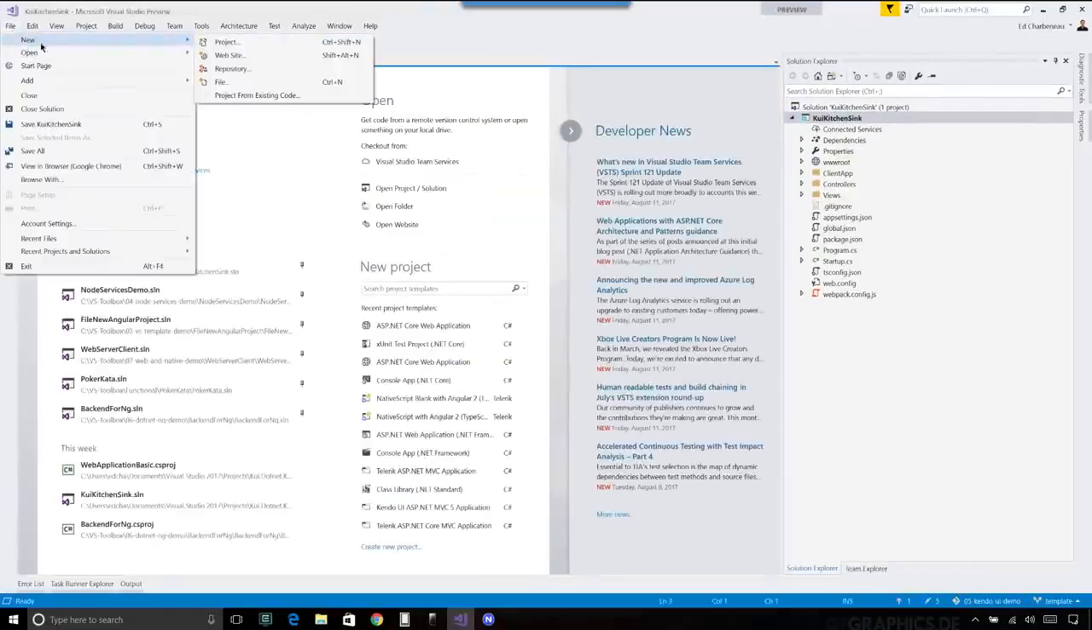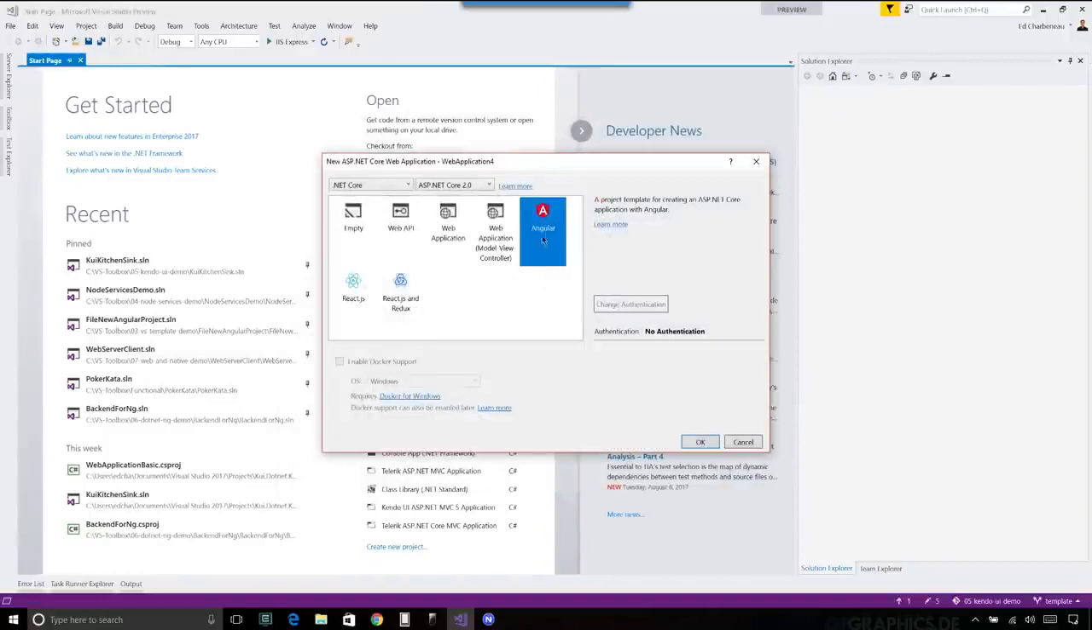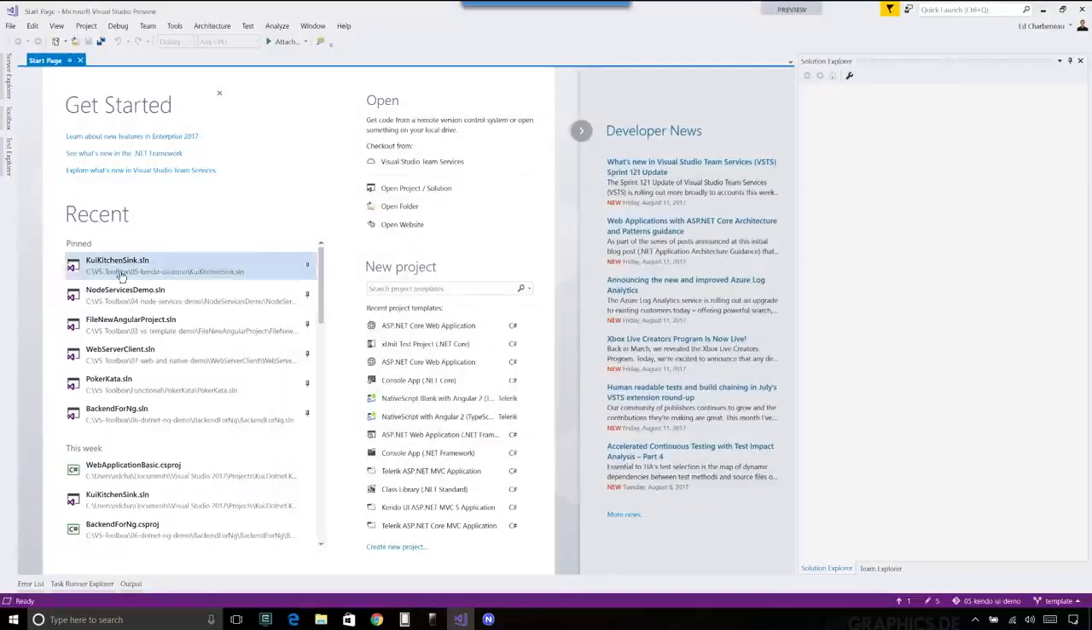Okay, here we go. So we can do file, new project, ASP.NET Core web application, and then instead of choosing Angular this time, we would choose Web API. Okay. So that gives us our backend. Once we hit OK, we'd generate that backend, and we'd go into our application,